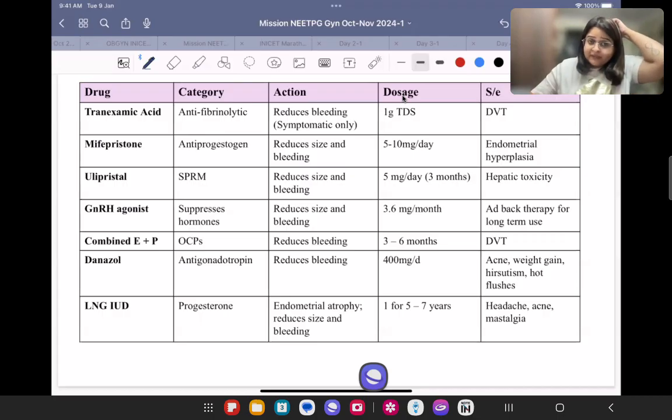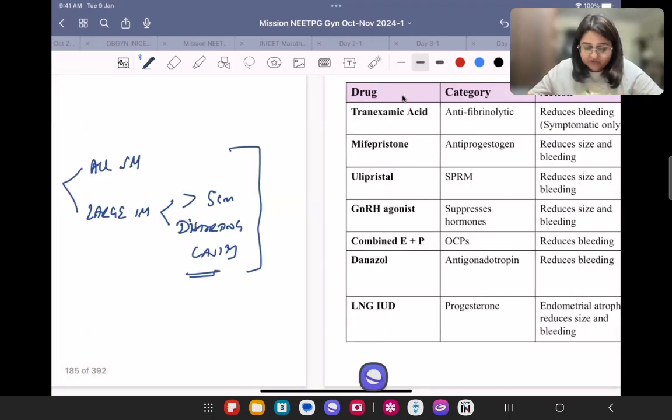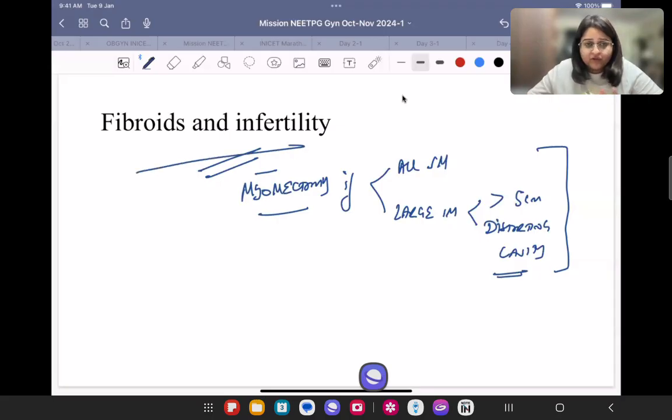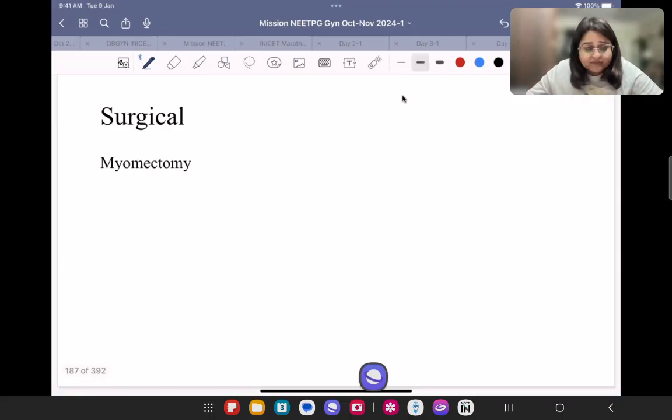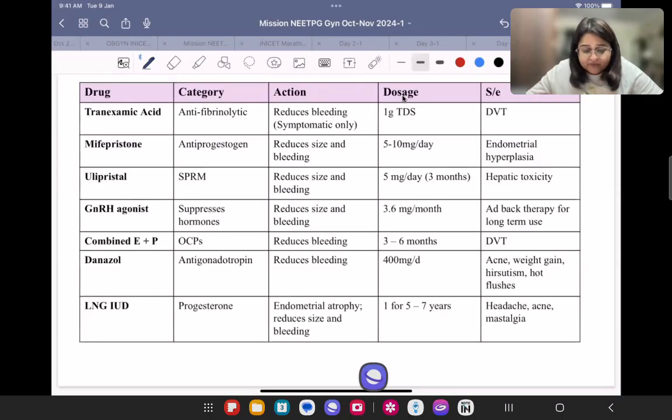Now what are the medical management options? So this is just fibroids and infertility. For all other patients, we can decide between medical or surgical management. Now in medical management, just add here, the first drug is missing, so just add here NSAIDs. Number one, the first drug of choice is usually NSAIDs, and we can choose to combine it with tranexamic acid,